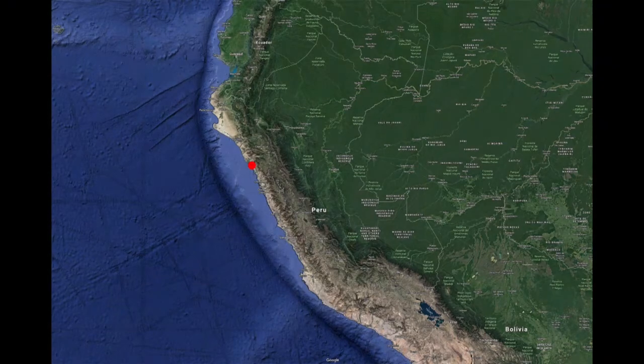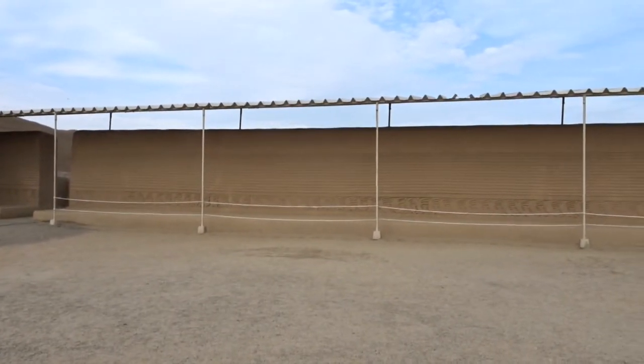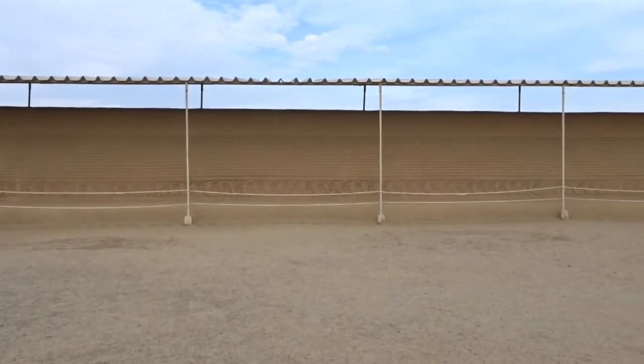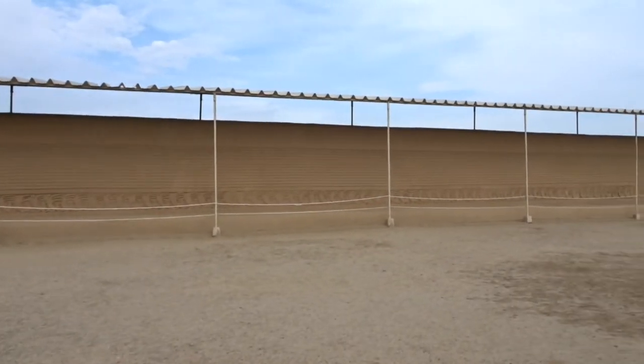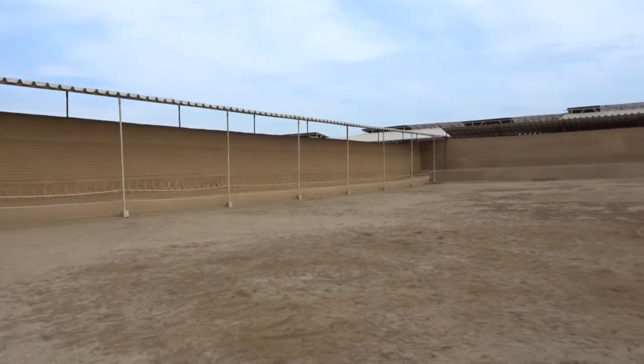The archaeological site of Chan Chan is situated outside the modern-day city of Trujillo, toward the northwest corner of Peru. For the longest time, I sought to make Chan Chan one of the priorities of the archaeological sites that I would visit during the 2 weeks that I would spend around the country. That was because Chan Chan is a fascinating site, and in fact, it has been recognized as the world's